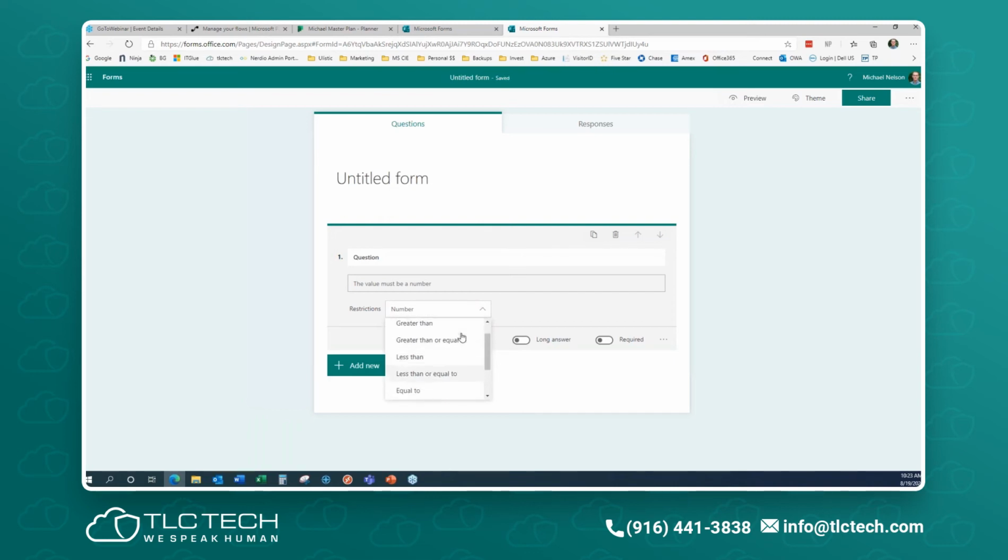Or again, this goes back to the teachers on the call. If you want to say greater than or less than, you can do this. So this is one of the only things that you can do for limiting it, but you can say, no, this must be a number. Be very careful. Originally, the first time I played with this for the Social Security, I put can only be a number, but because it had dashes, it wouldn't accept the answer.